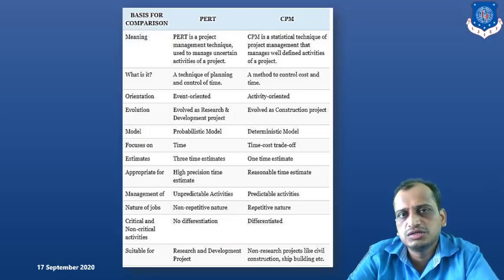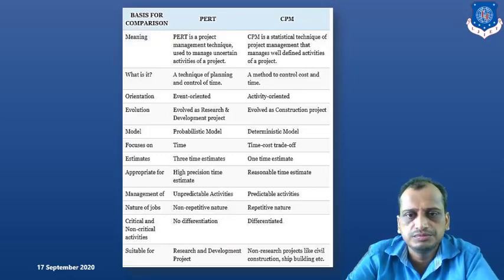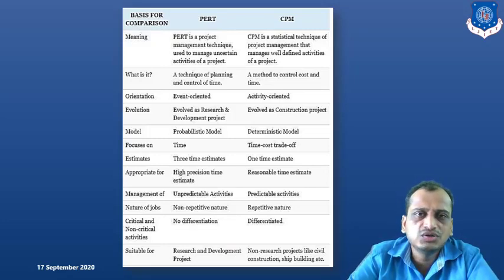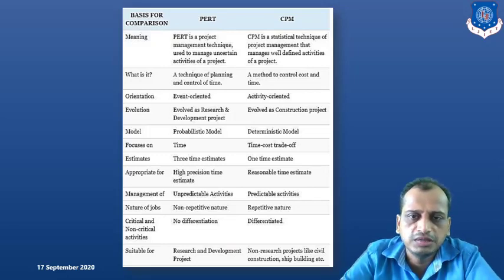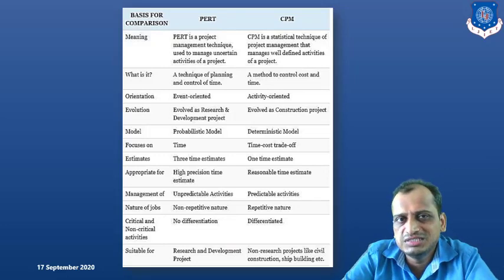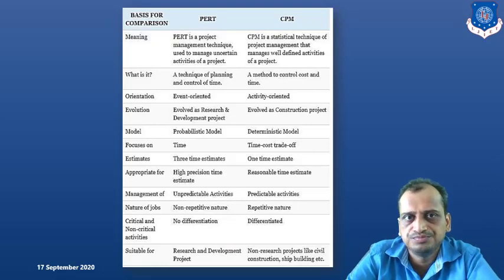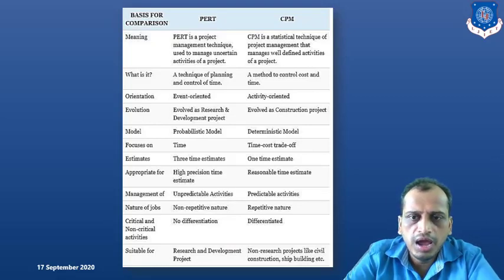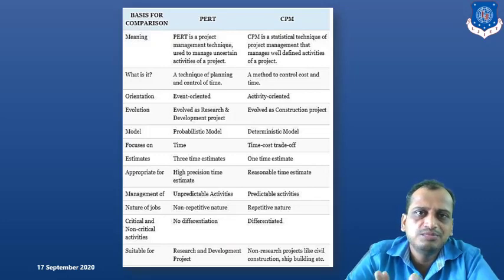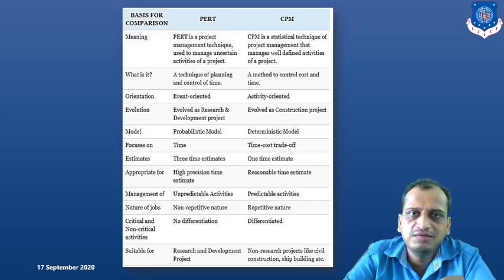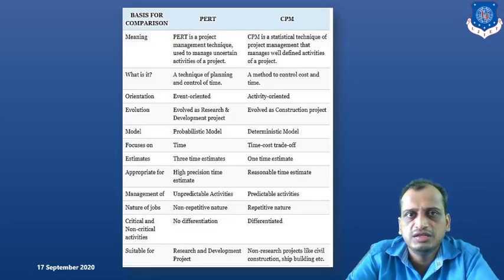But in construction projects, you can use CPM or the critical path method. Now here, PERT focuses on time and time-cost trade-off. There is only one precise time in CPM, but in PERT you have 3 time estimates, and then you find out the expected time for the activity duration. And definitely, if the precise times are there, then activities will be predictable. But in PERT, you have unpredictable activities. It is very difficult to estimate the time in case of PERT, but you have the precise time in CPM, so you get the effective answers. But that is not the practical case, right?